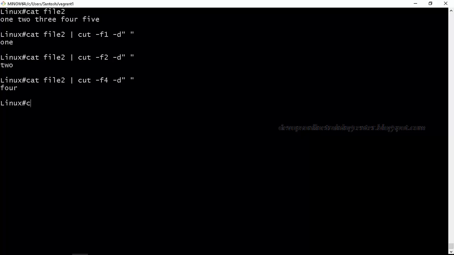And we can also do this based on characters, with -c, let us say 1 to 5. So it will print the characters from 1 to 5. You can count it from here: 1, 2, 3, 4, 5. So it will print 5 characters. Based on the characters, you can cut into different pieces and use one of the pieces, based on the field number or based on the character also. You can use it. Is this clear?